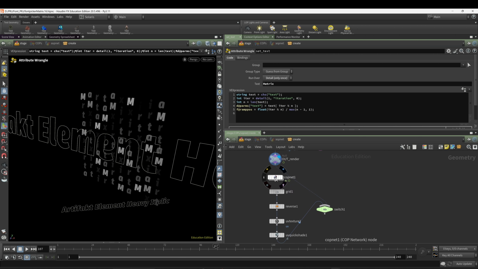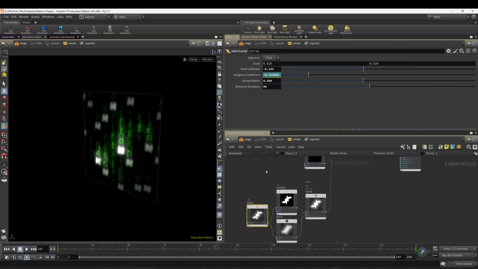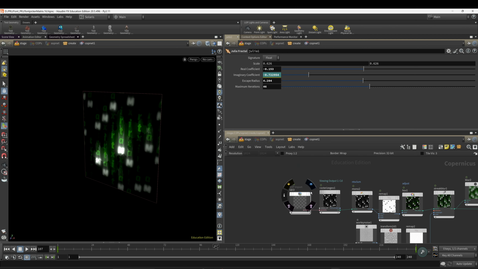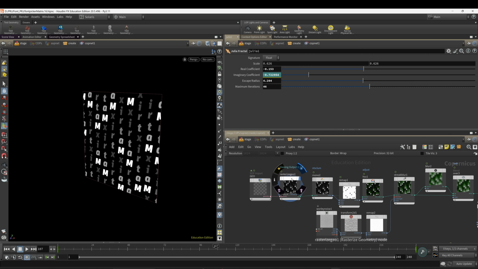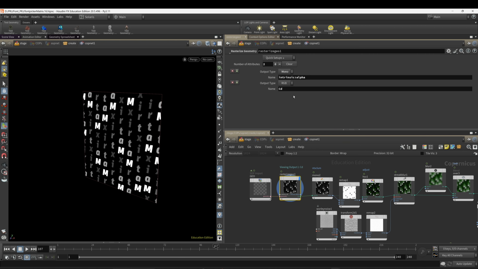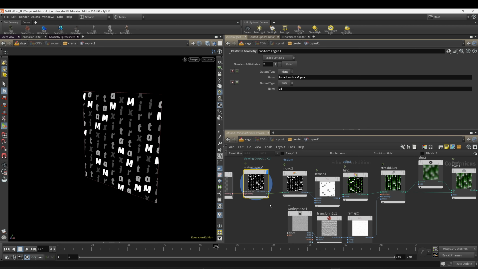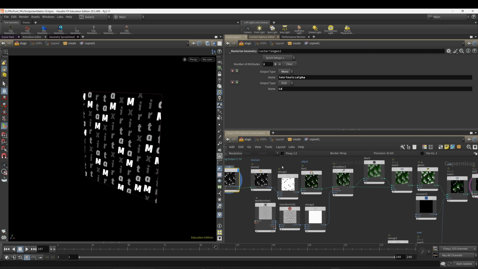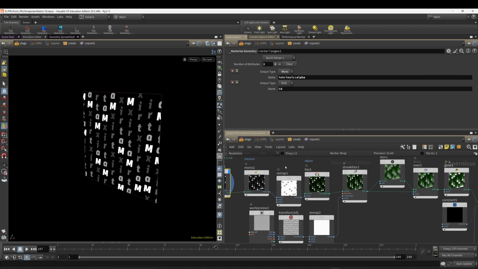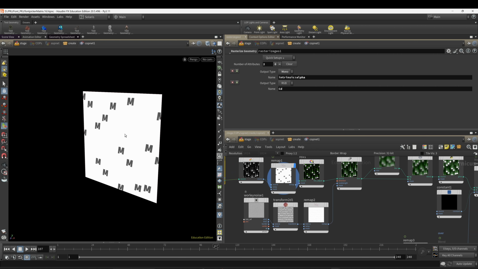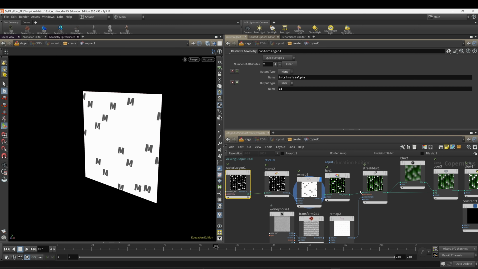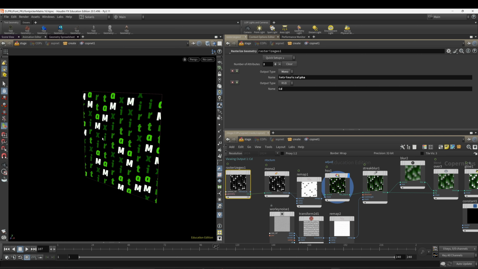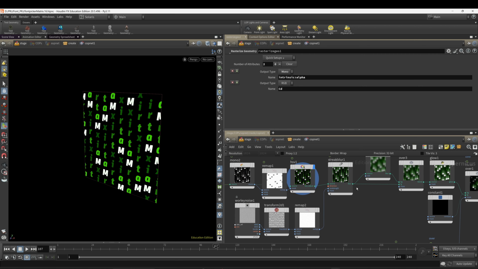And then inside of our cop network here, we'll just go in. I'm bringing in the geometry here, rasterizing it just where it is here, and getting us alpha and its Cd. I'm not sure if I used the Cd for anything. I guess I did. Anyway, and I monoed it. Oh yeah, I did, because I wanted this variation in value. And so I remapped it. And the reason why I remapped it is I just wanted to get the M's, and I could have done that with an attribute at the SOP level, and then manipulated the color of that, and then